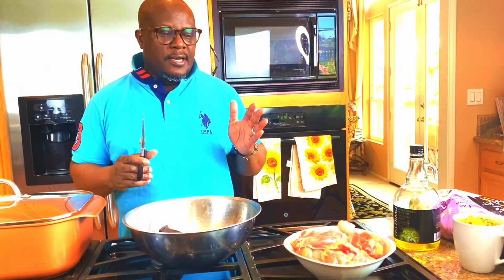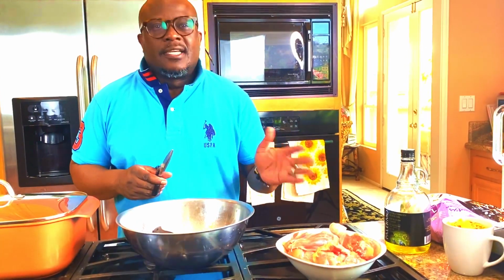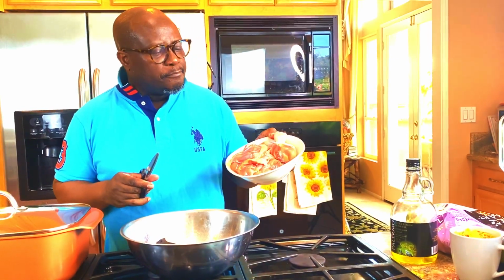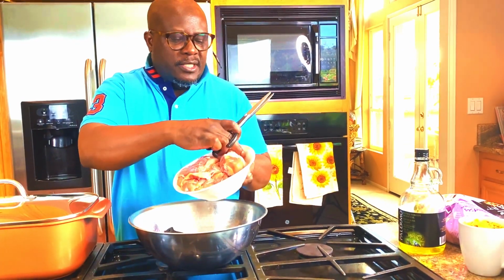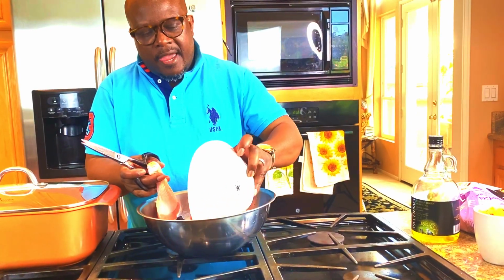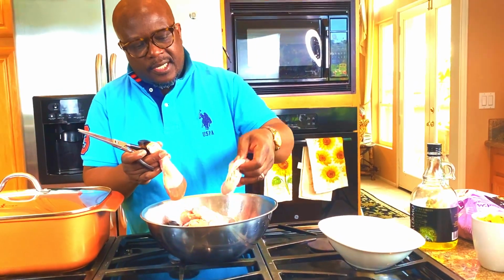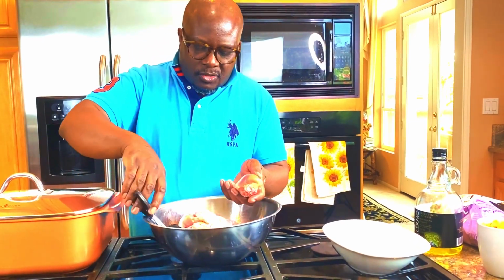All right, now we come to Michael's chicken. This is my signature chicken. So we take the chicken. What we had initially were drumsticks. They were all drumsticks, but I debone. I removed the bone from the drumsticks so that I have a number of pieces like that. Okay, so I left one piece just so that